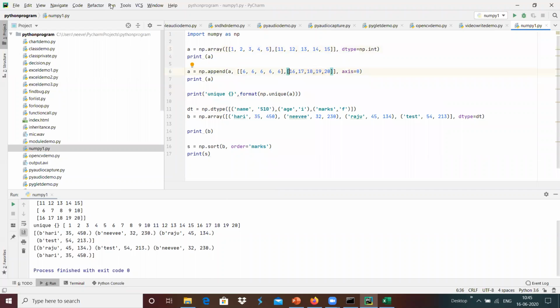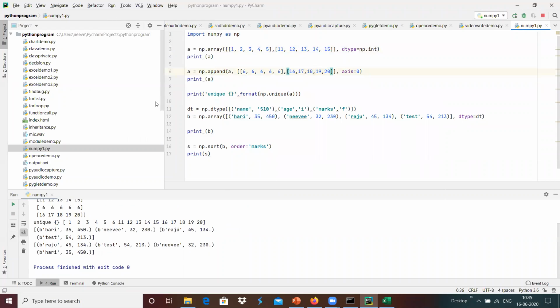Now whenever we do unique, we get 6 only one time. Even though we have 6 multiple times, unique considers it as a single element, since it is unique, only one time over here.